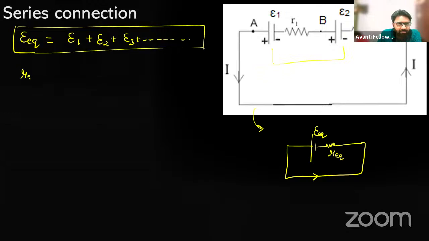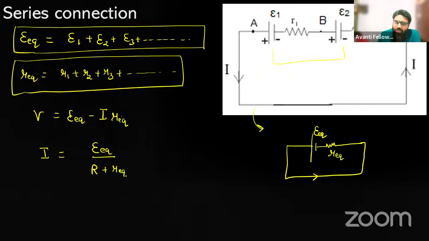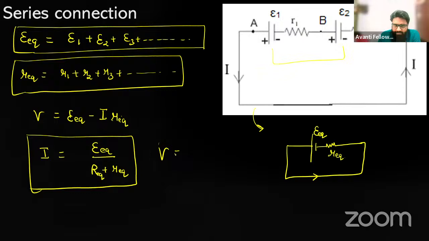Now what is R equivalent? R equivalent is R1 plus R2 plus R3 upstream। ठीक है, so if you apply the Ohm's law, V is equals to E equivalent minus I R equivalent। तो वैल्यू ऑफ करंट विल बिकम, अगेन, अगर लोड रेजिस्टेंस कैपिटल आर है तो, इफ लोड रेजिस्टेंस इज कैपिटल आर, इट विल बिकम E equivalent upon कैपिटल आर प्लस r equivalent। और सपोज लोड वाले भी हमारे पास बहुत सारे हैं, तो इसमें लो तो आर। V potential difference is E equivalent upon R equivalent, small r equivalent into कैपिटल R equivalent। ठीक है,